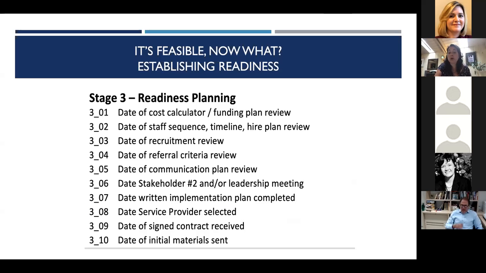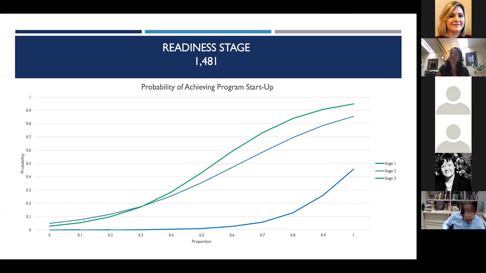So if we do this in stage 3, this is where we get our biggest bang for our buck. And again, I'm not going to share the analyses with you, but we have a range of analyses that really show that stage 3 is what drives a lot of our outcomes, showing that pre-implementation is what is most predictive of achieving sustainment. So the stage 3 readiness activities really carry a lot of weight in our long-term analyses.